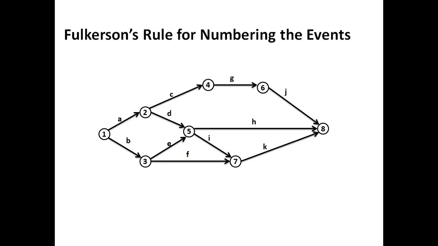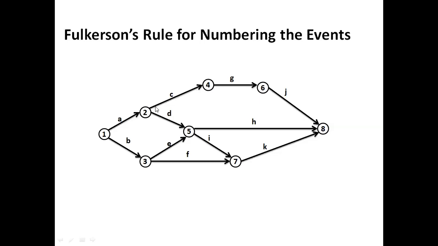Yes. The question arises why the numbering is to be done for the events in a network. So please see that the numbering of the events will show us how the process will move or how the process is carried. So 1 to 2, 2 to 4, 4 to 6. Let us take only this: 1 to 2, 2 to 4, 4 to 6, and 6 to 8. So when 1 to 2 is completed, then 2 to 4 will follow. And when 2 to 4 is completed, 4 to 6 is followed, and 6 to 8.